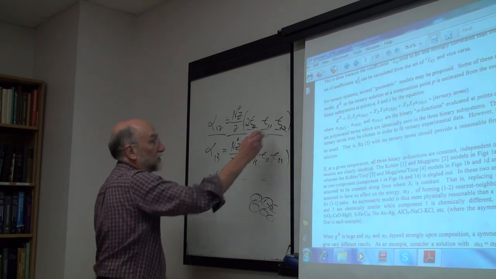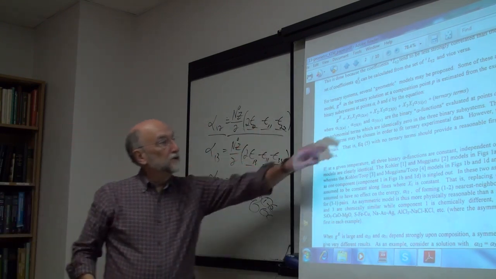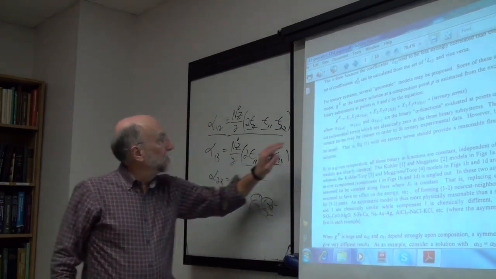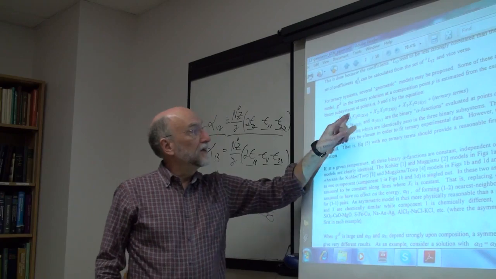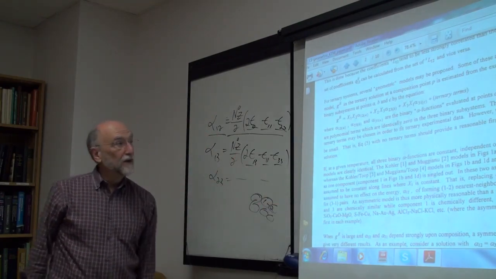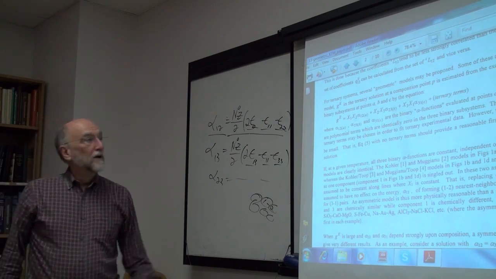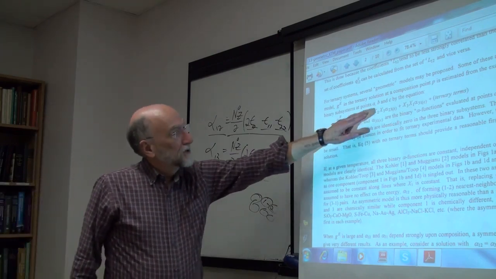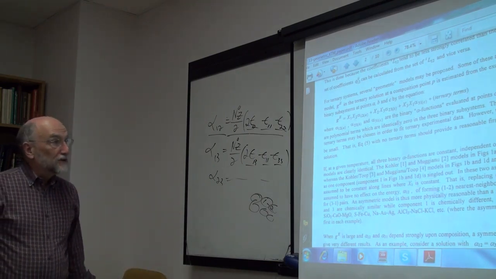If all these epsilons are independent of composition also in the ternary system, here we're assuming in the binary 1, 2 that epsilon 1, 2 is independent of composition in the binary. We're now saying that even if we add 3, the energy of the 1, 2 bond still stays constant, and so on. Then you get the regular solution theory. Okay. So if the binary systems are regular, then you would sort of expect the ternary system to be regular,